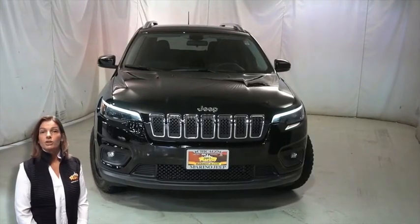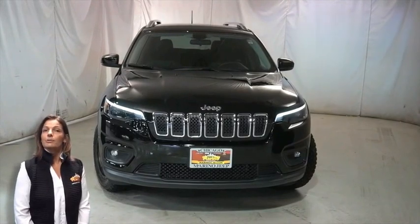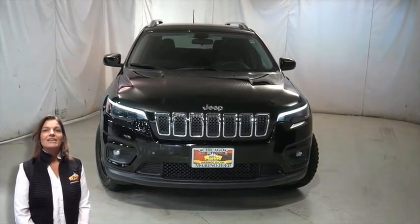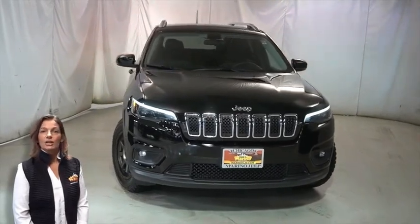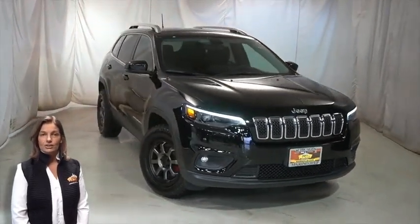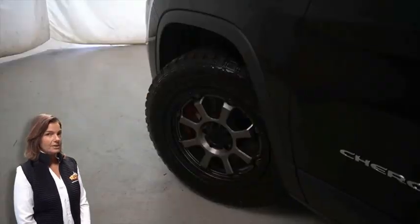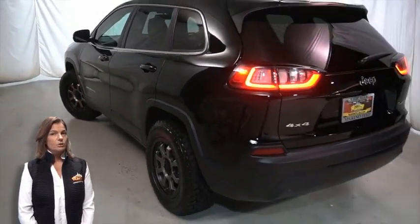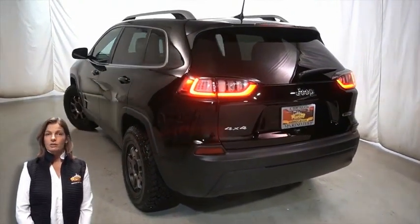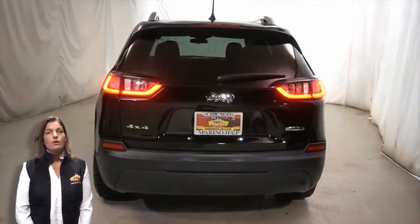If you're looking for a functional, compact SUV with reliability and safety for the whole family, then take a look at this certified pre-owned 2019 Jeep Cherokee Latitude in diamond black crystal pearl. With LED headlamps, front LED fog lamps, 17-inch aluminum wheels, power heated mirrors, bright side roof rails, rear window wiper